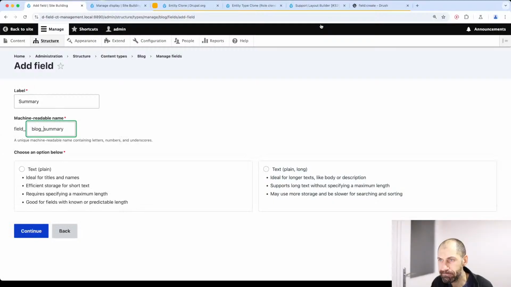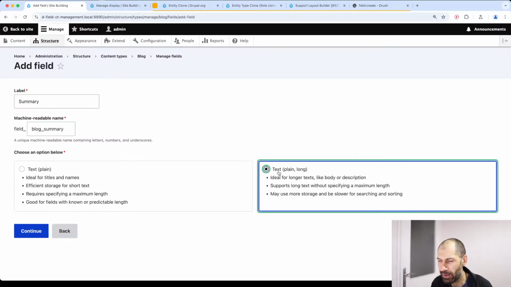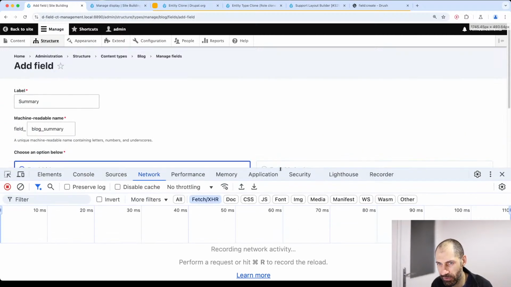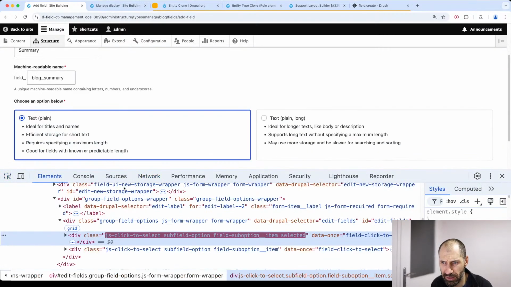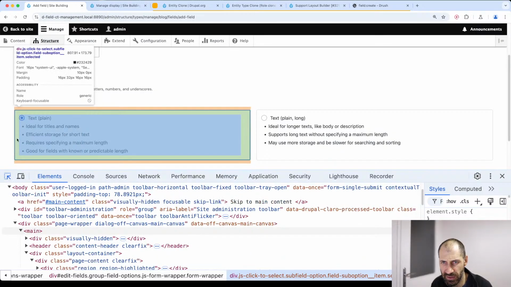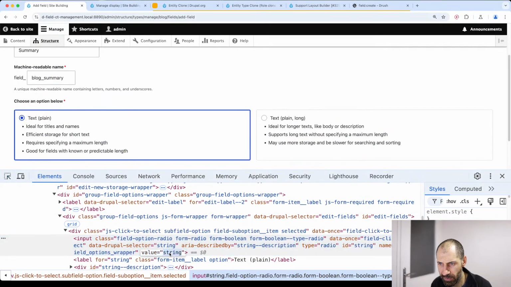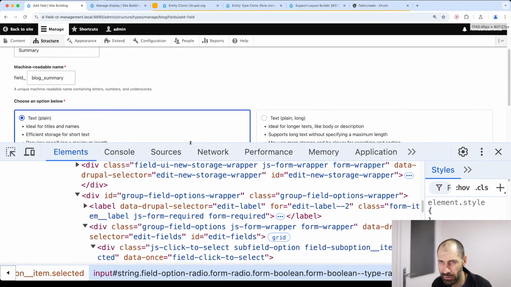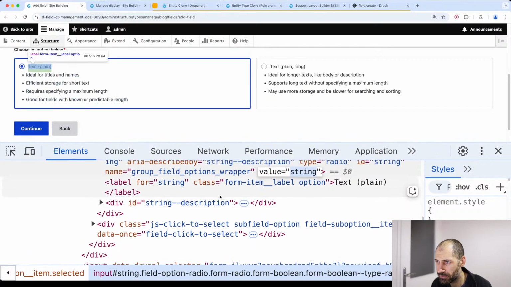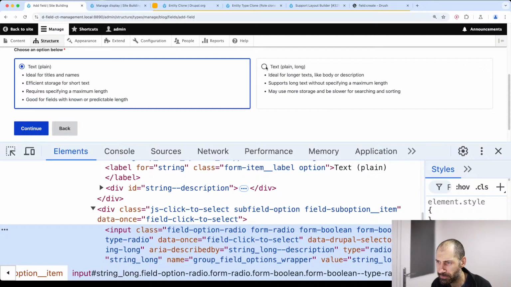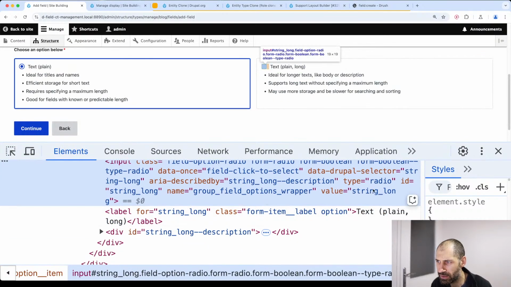So what you can do is, if you don't want to look at code, you can come along in here and inspect it, and you should see, where is the value? Here, right here. Let me zoom that in a little bit more so you can see it. You will see this little value right here, string equals string. If we inspect this one, the value is